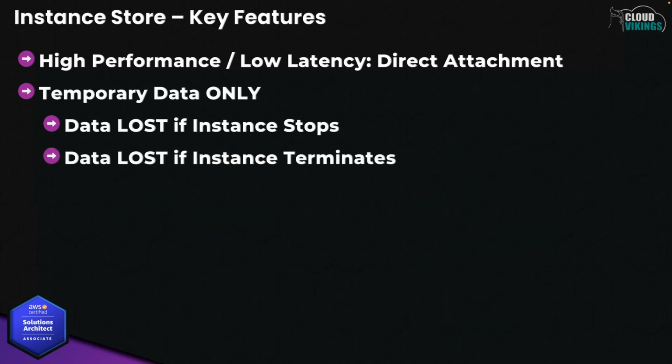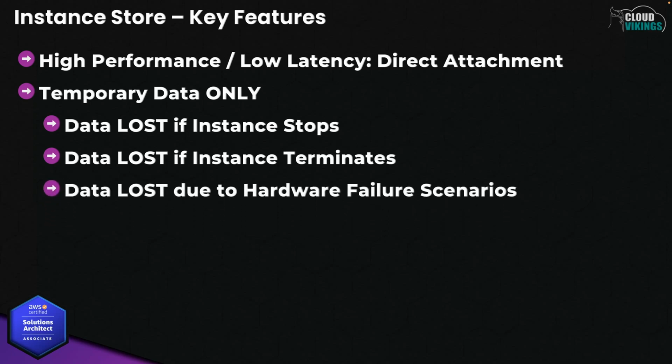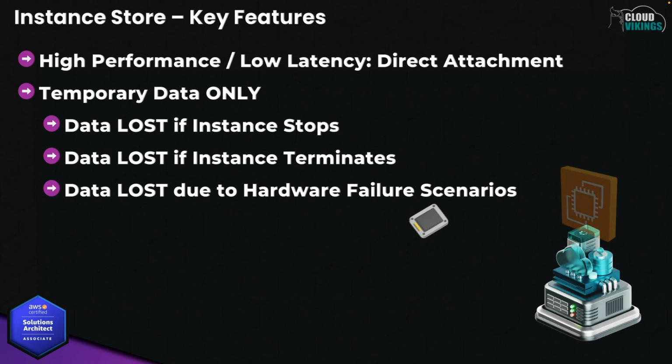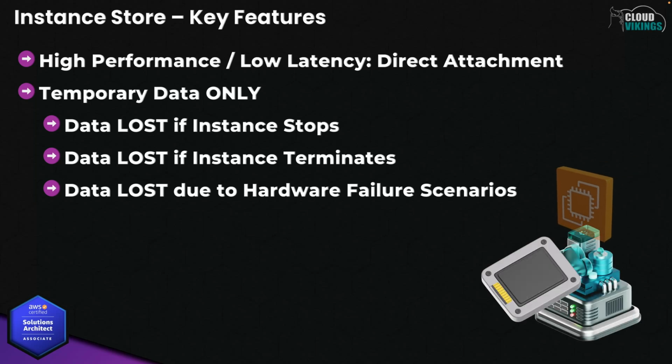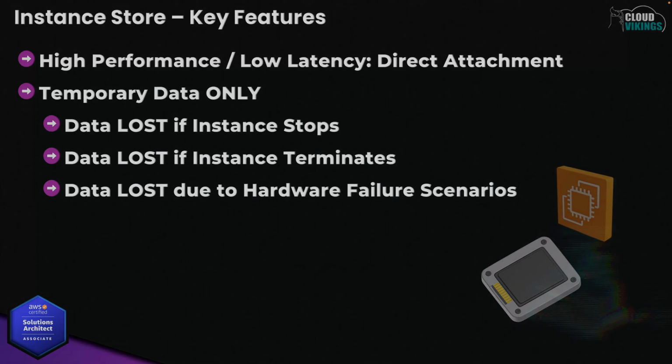Now, this one might be a little bit more obvious: if you terminate the instance entirely, the Instance Store is destroyed along with it, and again, your data is gone forever. Since the storage is on the physical hypervisor host, if that specific piece of underlying AWS hardware experiences some type of failure, the data on the instance store attached to the instances running on that host can also be lost. Now, EBS, being network attached and having built-in redundancy within its availability zone, is designed to protect against single